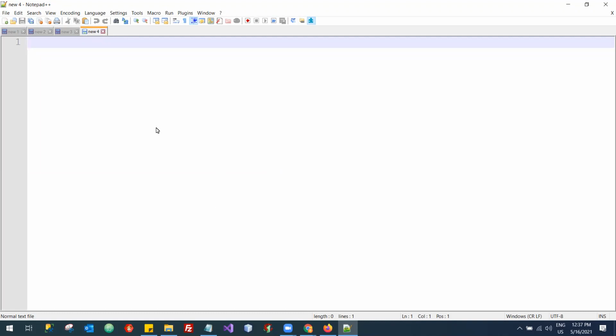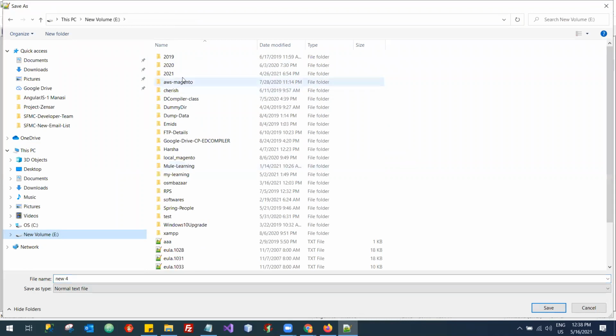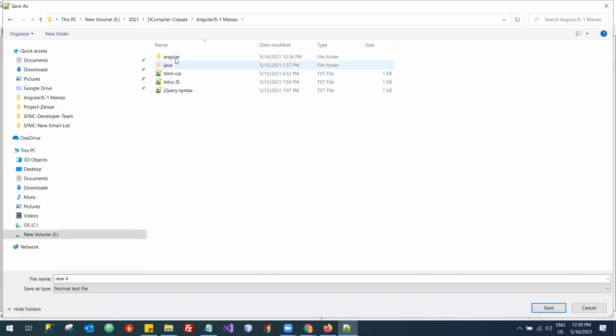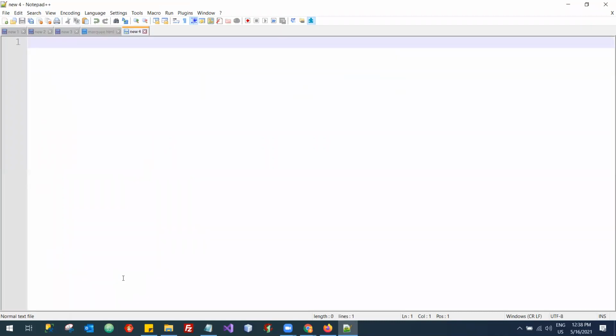external JavaScript. So let's go back to the same example we have learned with the marquee tag in the previous video. I'll make use of that. So I'll go with the HTML. Let me save it as marquee example, marquee.html. This is my HTML code, and I'll be writing a script here, which is the function fun1,